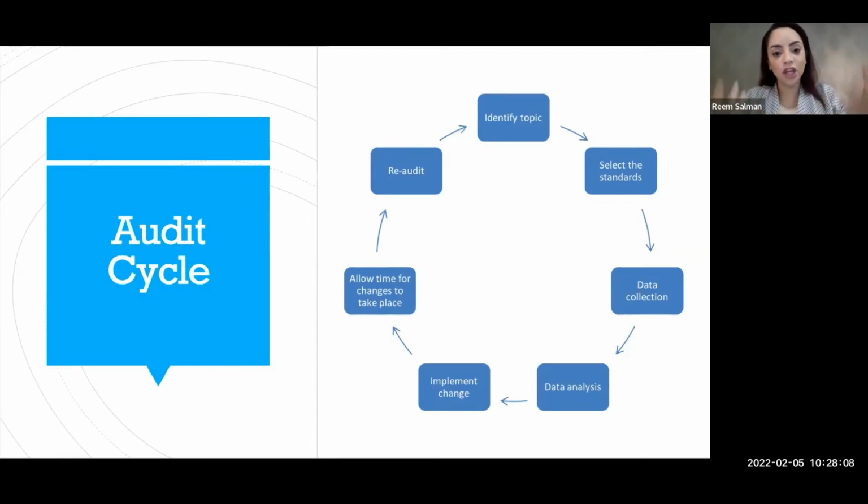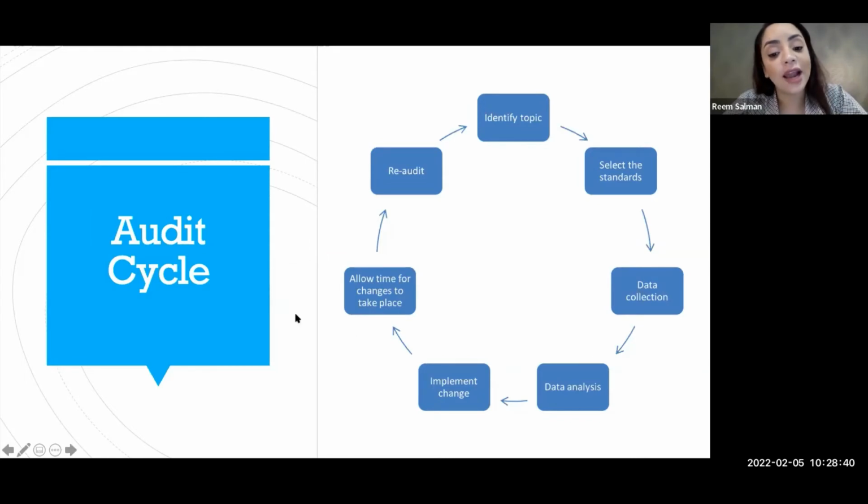You have to make a conclusion if there are any concerns, if there are any shortages in practice, if the practice is not up to standards, and why. So you have to have a discussion on why this is happening and identify the problem. And then when you have all this information, you present it in your department or in a regional, national or international meeting. Then you come up with a plan of action, or an action plan. And then you implement this plan of action, which is implementing change.